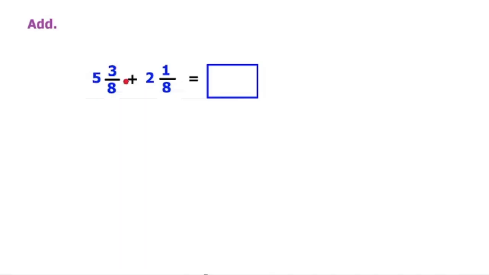Well, what does 5 3/8 mean? It means we have 5 whole things and then 3/8 of the same things. And similarly, for 2 1/8, we have 2 whole things and then 1/8 of that same thing. Okay, so